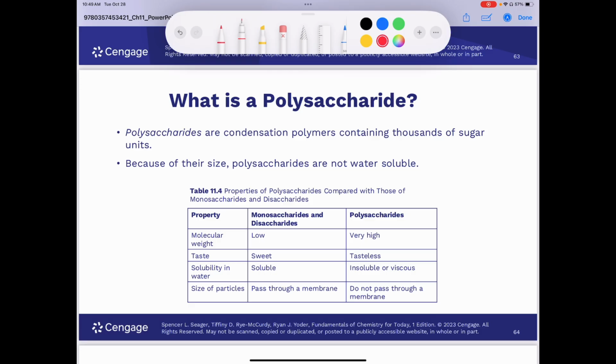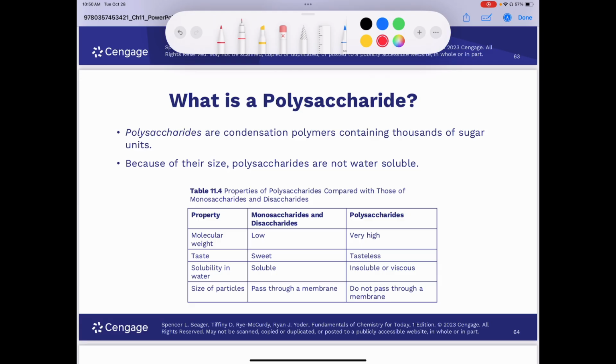Because of their size, polysaccharides are not soluble in water, but some polysaccharides become viscous when heated in water because of their many hydroxyl groups. Thus, the polysaccharide known as starch can be used as a thickener in sauces, gravies, pie fillings, and other food prep. As shown in Table 11.4 here on the screen, the properties of polysaccharides differ markedly from those of monosaccharides